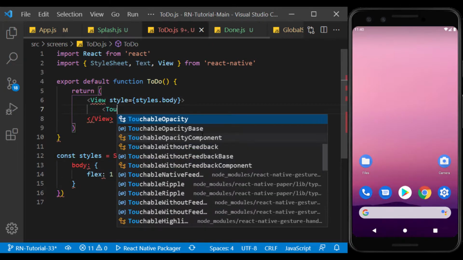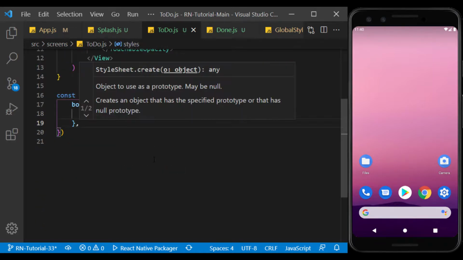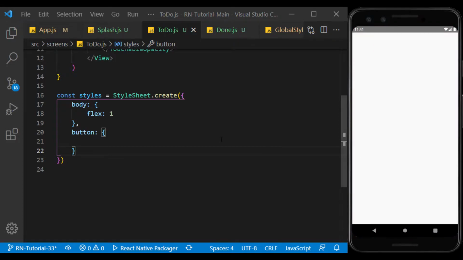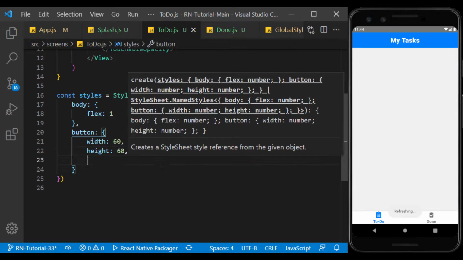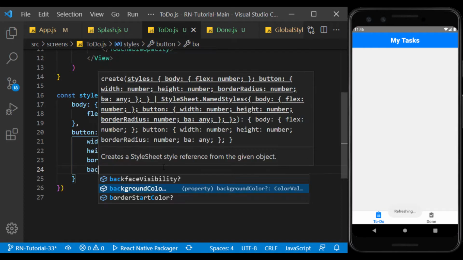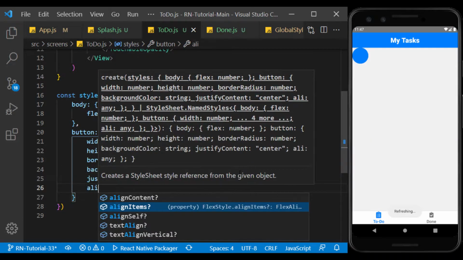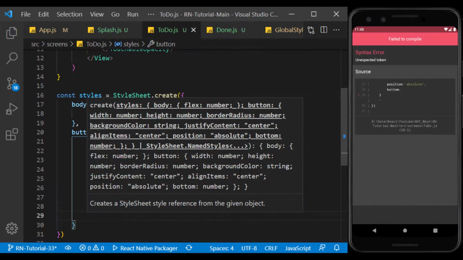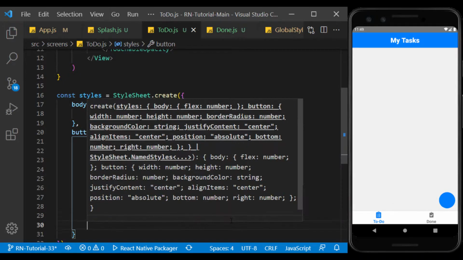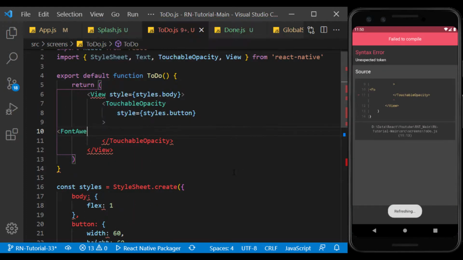And then I use touchable opacity to create the button. Now using Font Awesome, I create an icon in the center.